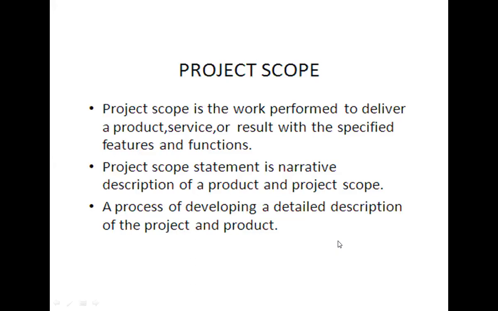Then there is the process of developing a detailed description of the project and product. Product scope defines the concept and range of the proposed solutions and the limitations, identifying certain capabilities that the product will not include. Clarifying the scope and limitations helps to establish realistic stakeholder expectations. Proposed requirements that are out of scope must be rejected.